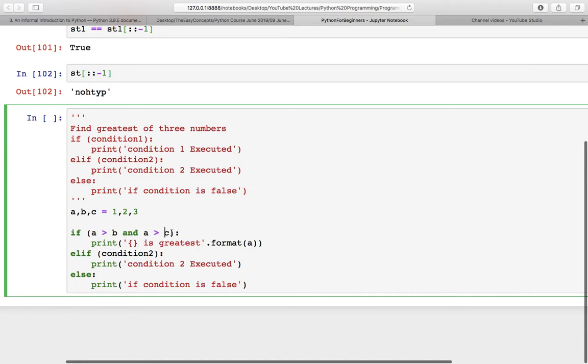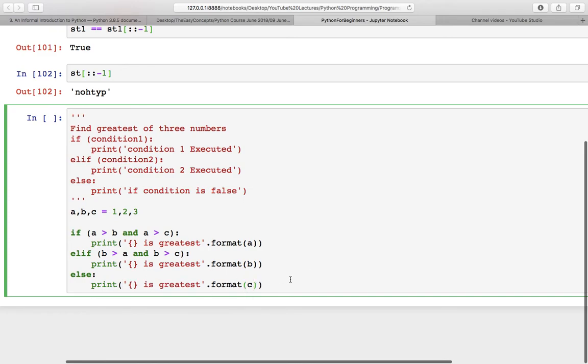Now you just have to repeat this condition for the other variables also. So in this case I am testing it for b, and b is greater than c. In that case b is the greatest number, and if none of them is greatest, we can say that the remaining number is the greatest one.